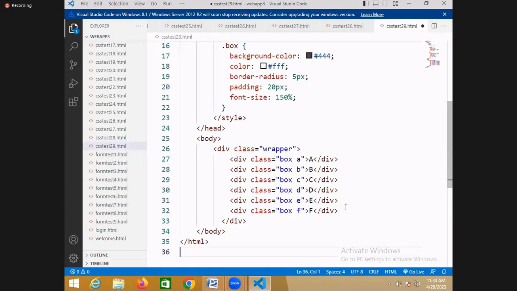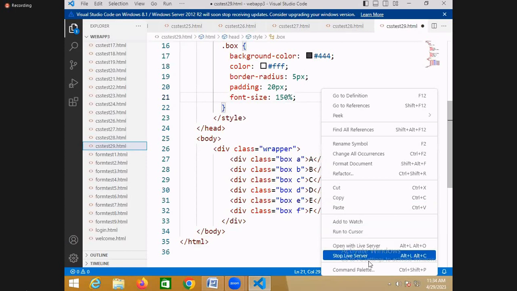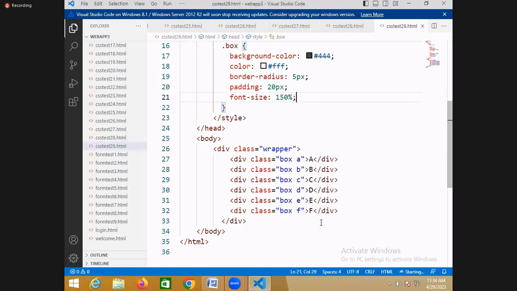So once you run this, there are some fundamentals. We'll discuss that. Okay, once you run this,